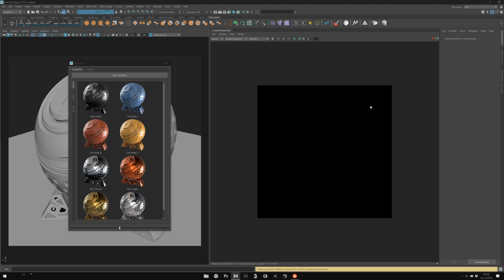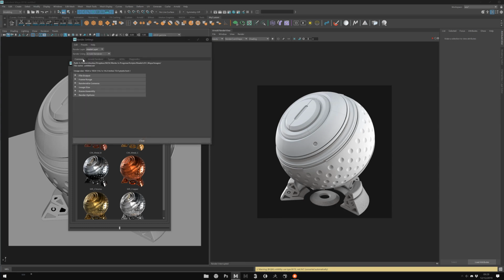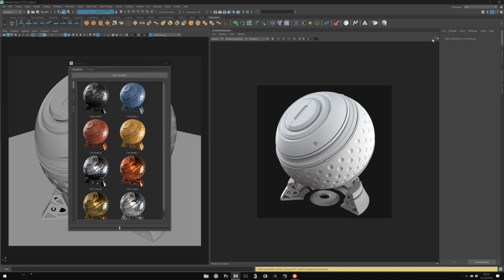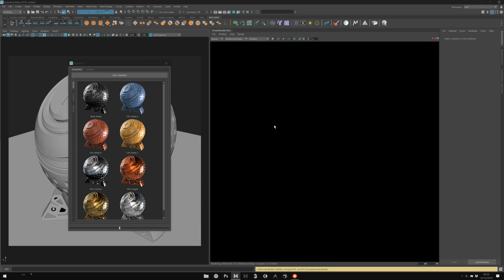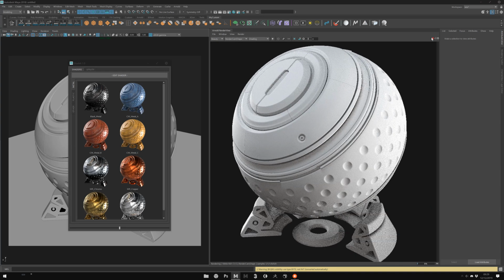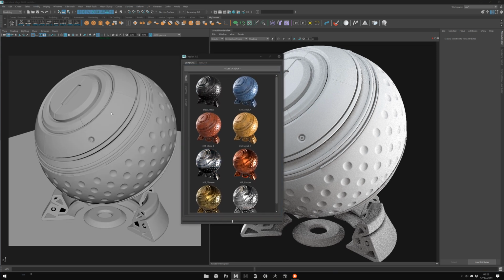Just render. Boom. I will just up a bit my resolution, something like, yes, perfect. How is it working? Really simple.